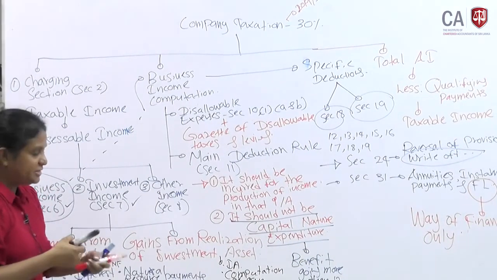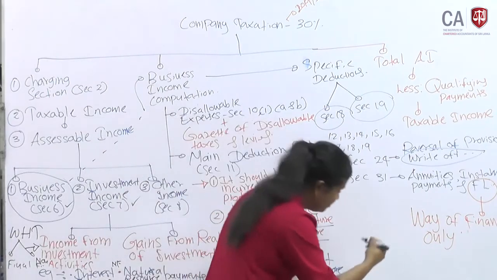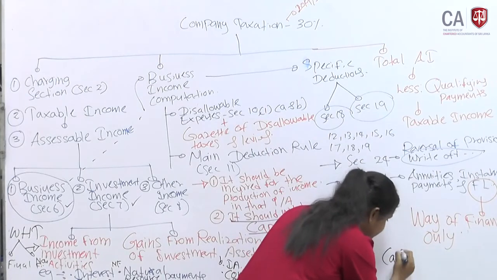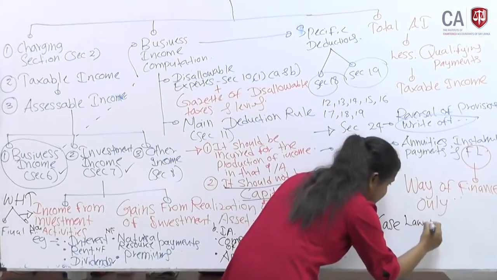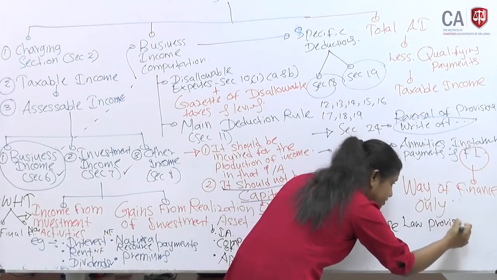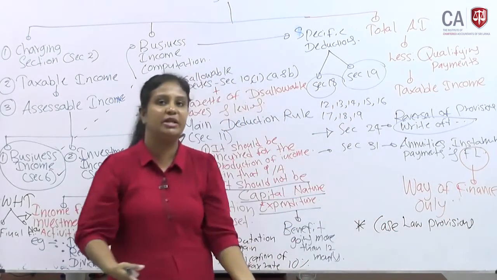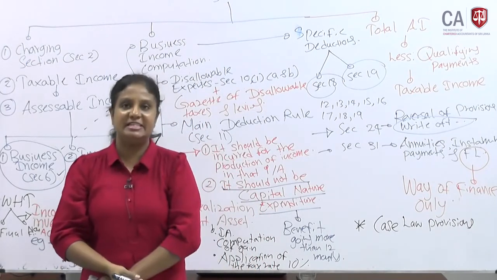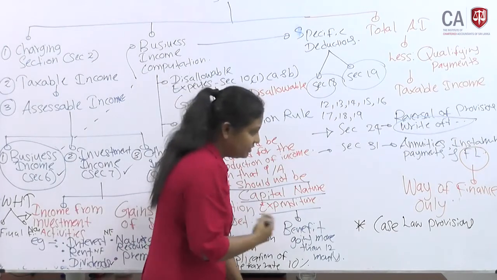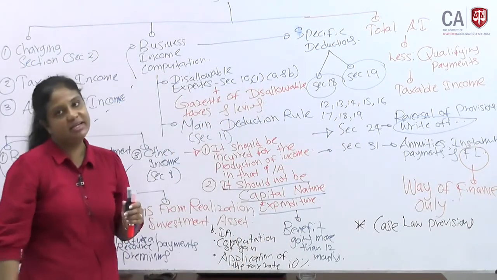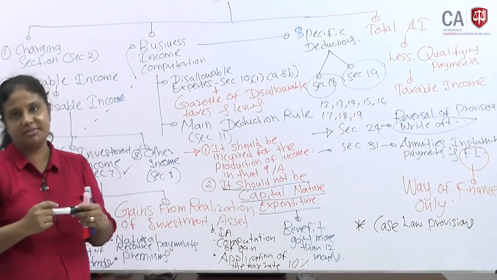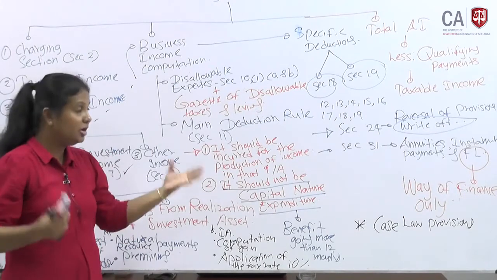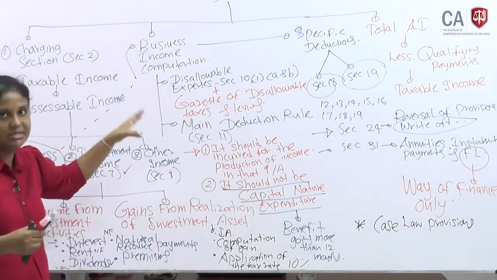But this is not the last. I recommend you have a good understanding of the case law provisions, which are combined to your 50 marks or any 25 marks question. I don't know where it is testing, but it is testable. Case law provisions and a high level of understanding of the gazette notifications. If you know these areas, there are a lot, but I have summarized as much as possible.